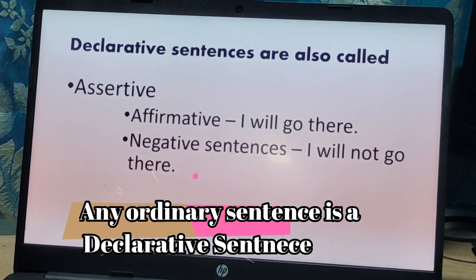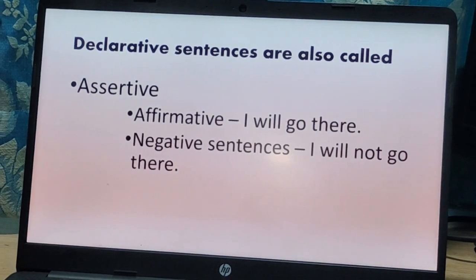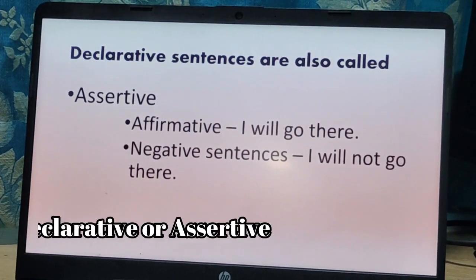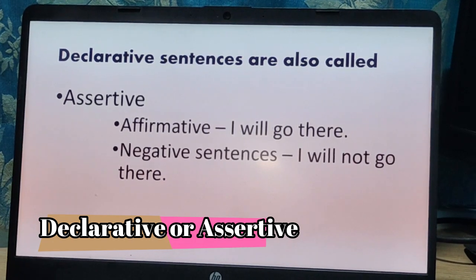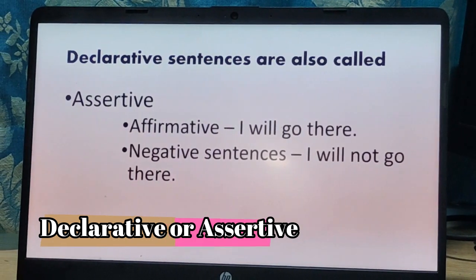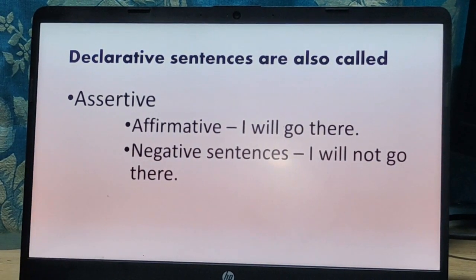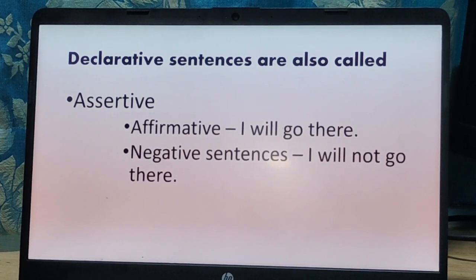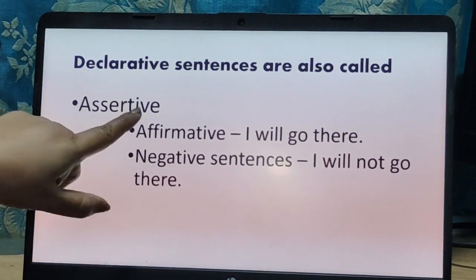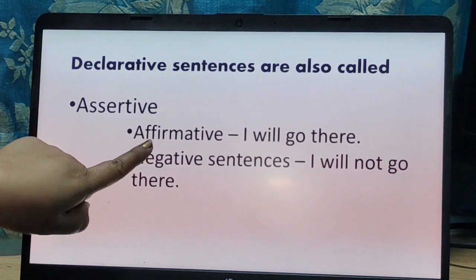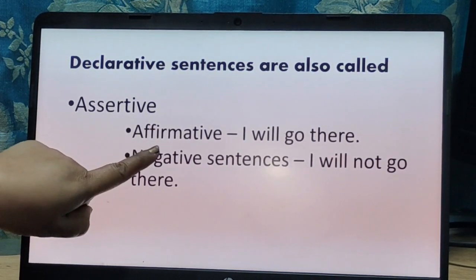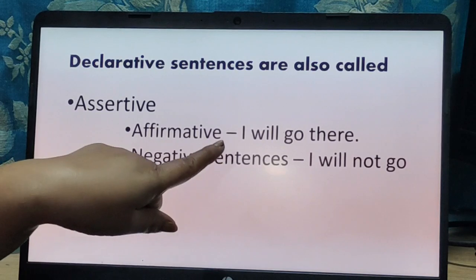Secondly, we can also think about it as the word assertive. Declarative sentences are known as assertive. That means you assert something, you tell something. This can be either a positive or negative sentence. The positive sentence is known as an affirmative sentence. You affirm something, you tell something positively. And that, for